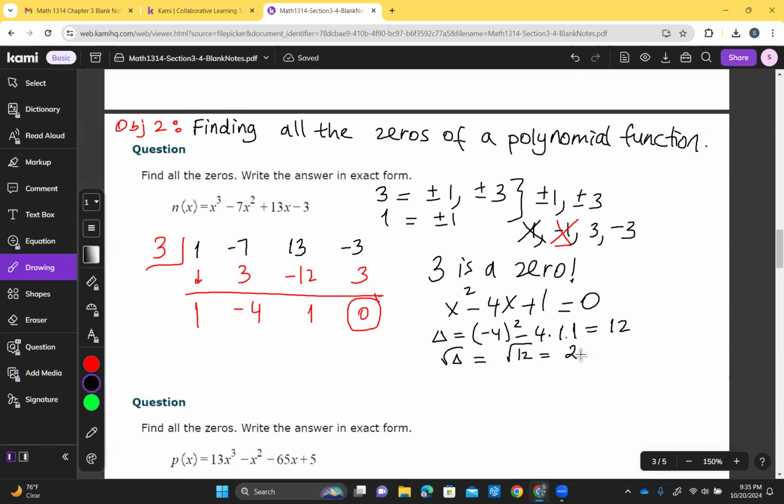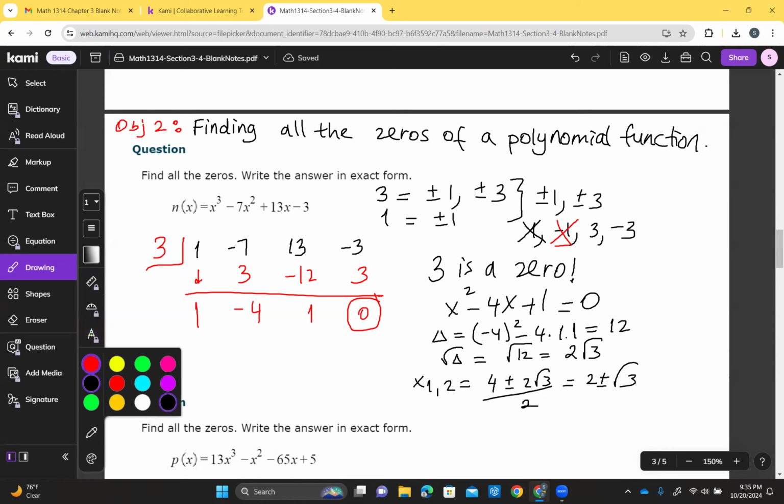4 can go outside as 2, and then the 3 stays here. Now, this is going to return 2 zeros to me, which is in the form of -b. So I need the opposite of this number, which is +4, plus and minus the radical delta all over 2a, and a is 1. So 2 times 1 is 2, which will give me, if I divide them by 2,